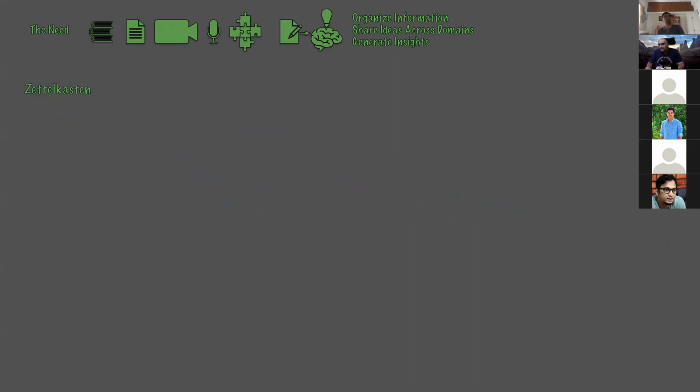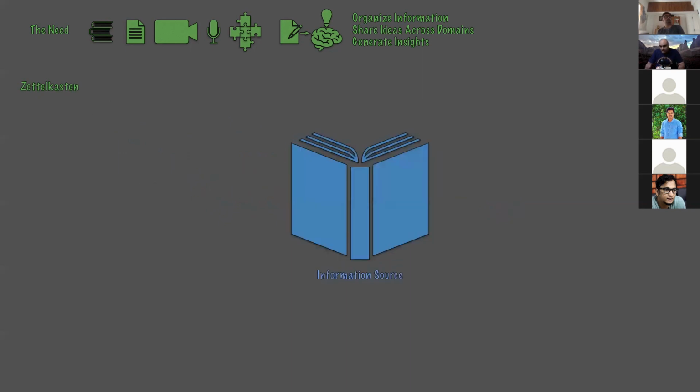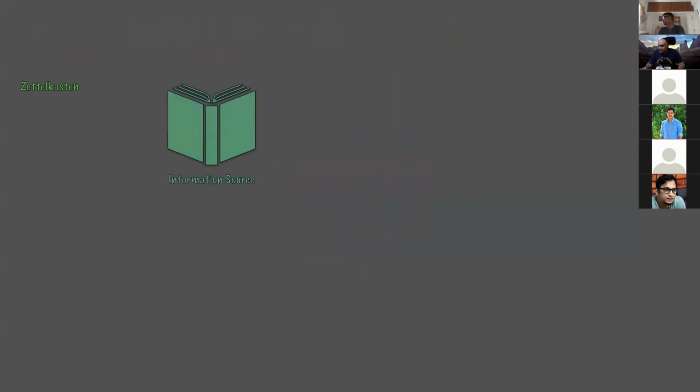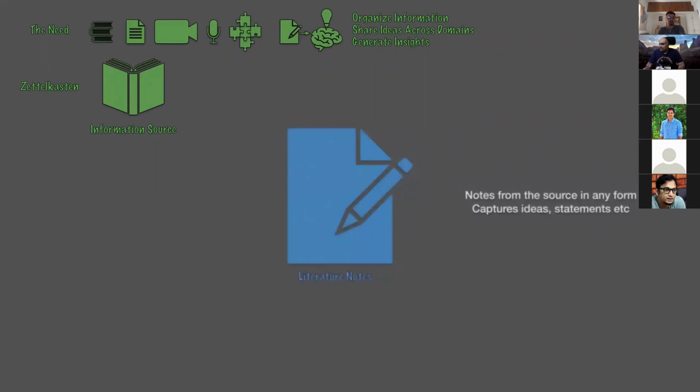How do I start with Zettelkasten? So let's say we are reading a book. When you're reading the book, we are getting tons of insights, we are making notes, we are doing a lot of things. Now, all of this goes into something that in the Zettelkasten world we call a literature note. Depending on which video you watch or which article you read, this name varies. But the concept is